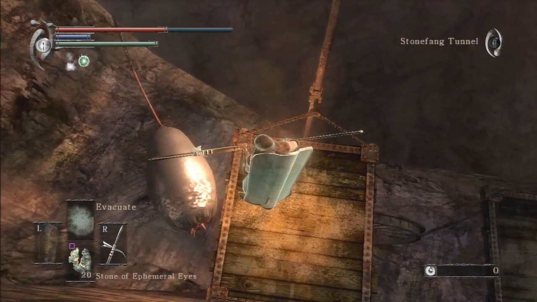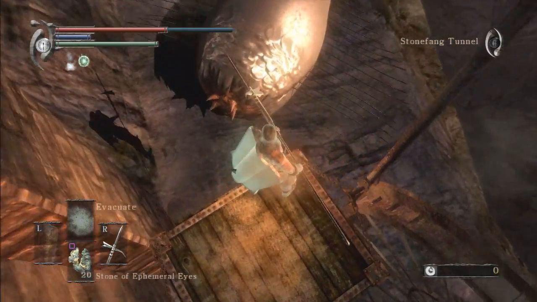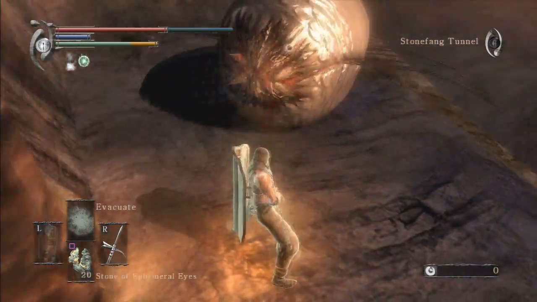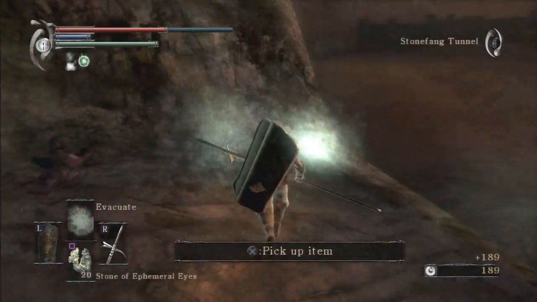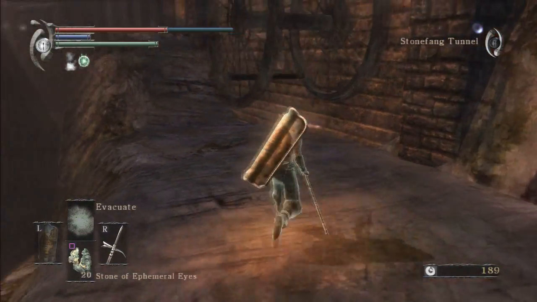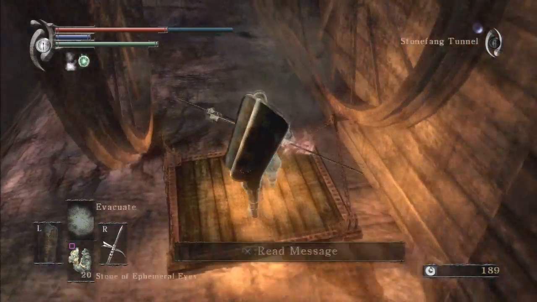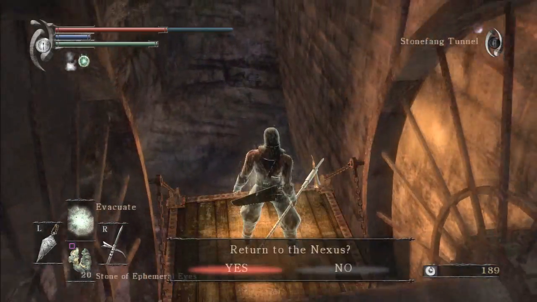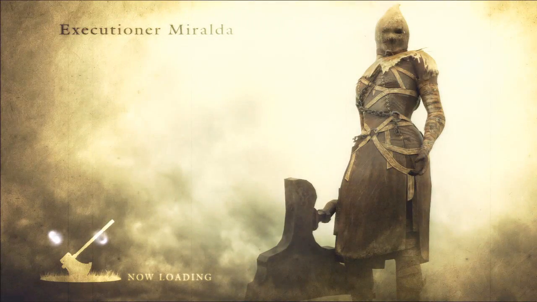The one in Stonefang Tunnel is the fastest and easiest to get through. He is located at the bottom of this first elevator that you see. So I'm gonna go ahead and kill him, and for killing him, you get the Colorless Demon Soul. Now I'm just gonna travel all the way back to Nexus, so I can go ahead and dupe